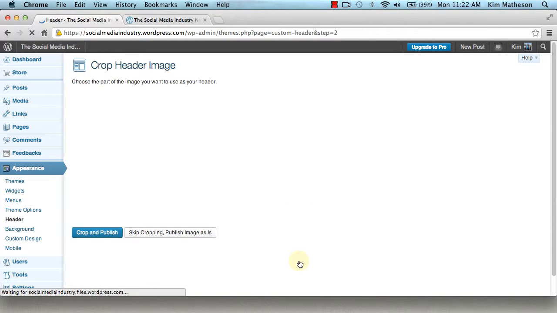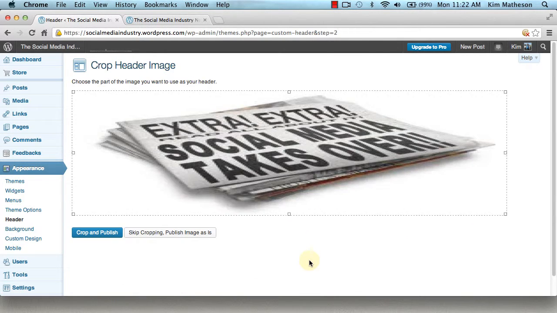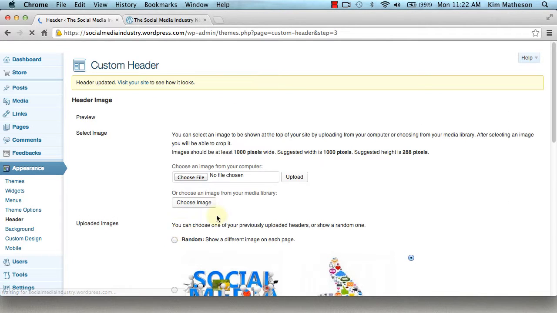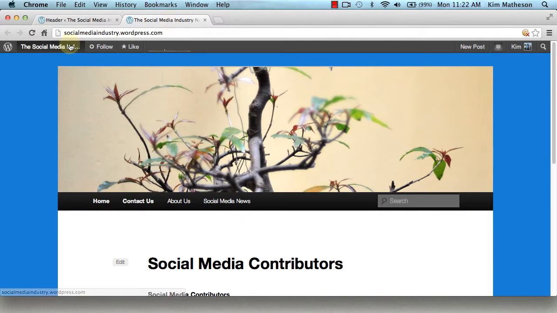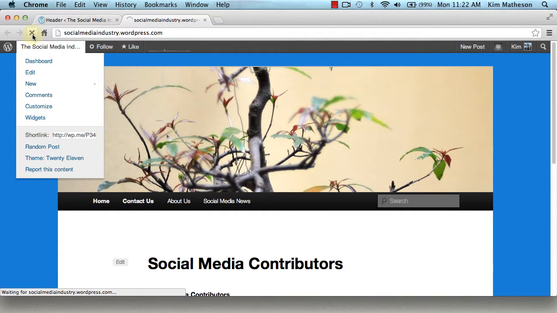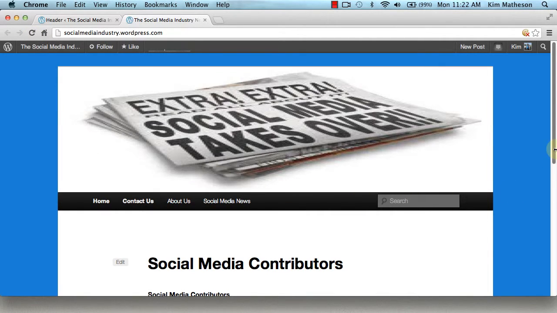And loading. Here we go. And as you can see, you've got the option to crop and publish or skip cropping and publish image as. So that fits in nicely with those dimensions that are required. Let me skip cropping and publish. And let's go back to our site. Let's refresh our web browser. And look at the difference that makes to the site totally. Outstanding